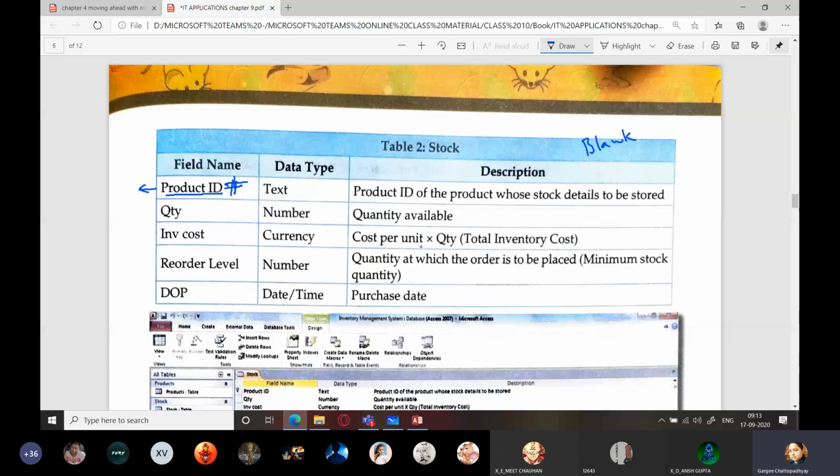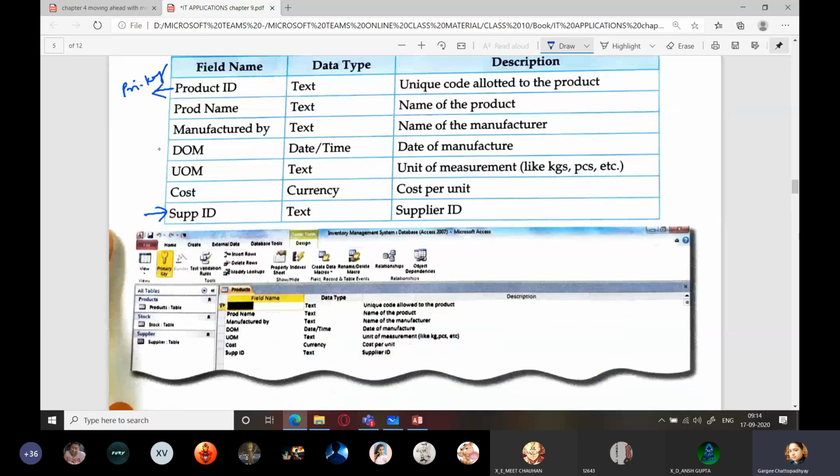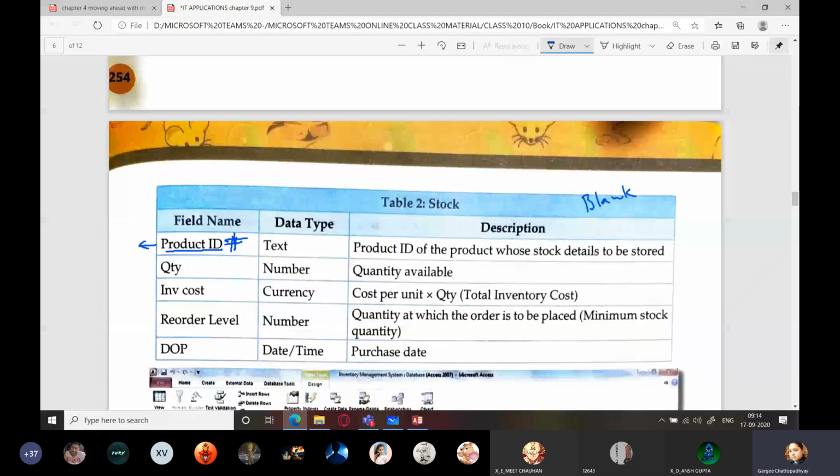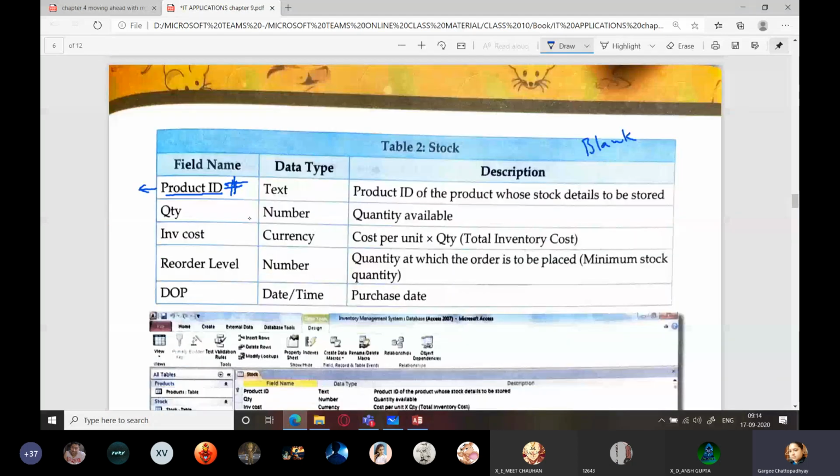तो ये आपको calculate करके डालना पड़ेगा. Why? Because it will be cost per unit of one item multiplied by quantity, right? So you already have this thing, that is the cost over here in currency, but you cannot use this in the calculated field. Why? Because it is there in some other table. Had that cost been in the same table, you would have easily used a calculated field over here to just specify cost per unit into quantity, but अभी तो आपको ये manually करना पड़ेगा.